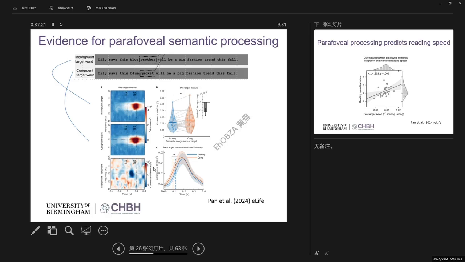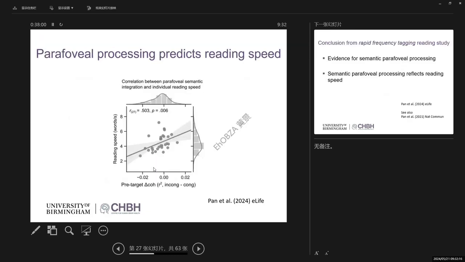The interesting thing here is that there is a decrease in the frequency tagging signal for the incongruent words. So it's almost as if your attention is being repelled by the incongruent words. It's almost like when you discover you cannot fit that word into the sentence context, you don't attend to that further. So then you might ask, does this have consequences for how well you read? So what we now can do is to relate this difference in frequency tagging to the reading speed, right?